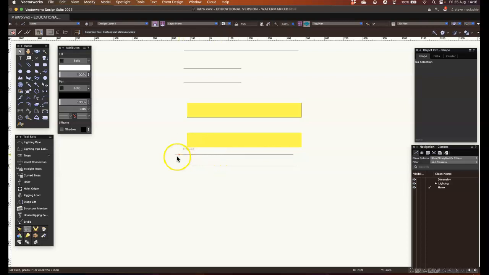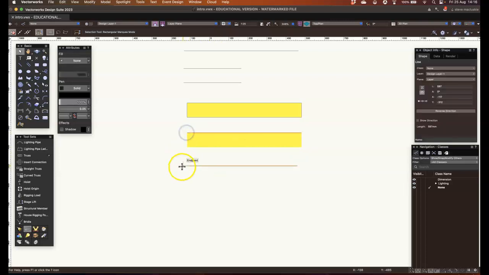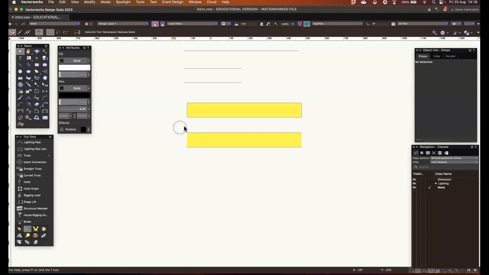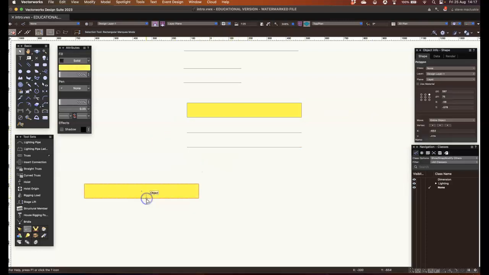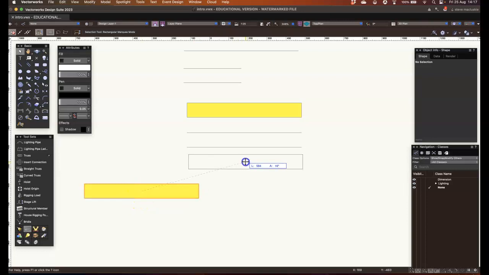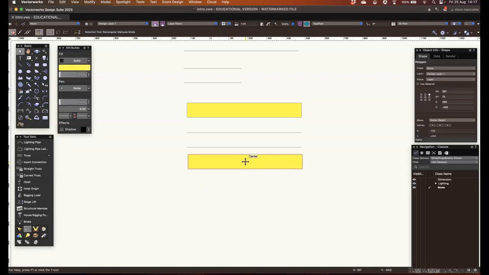You really want to be careful in having objects which appear to be one thing but are actually multiple objects. If you were counting up things in your drawing, or you went to move that and then you move it and you've left two lines there without noticing, it can make your drawing messy or get things complicated at a later date. That's about it. Some people, when they've been following this in the past, haven't really understood the